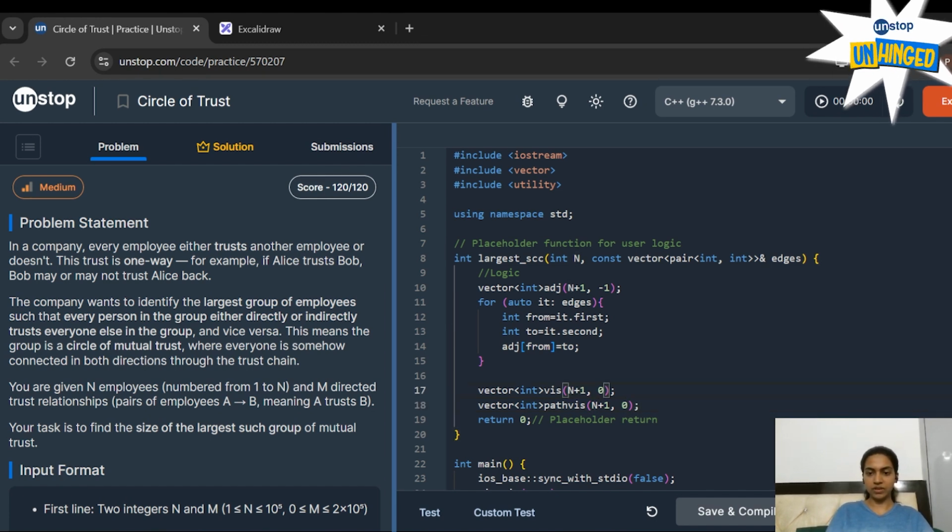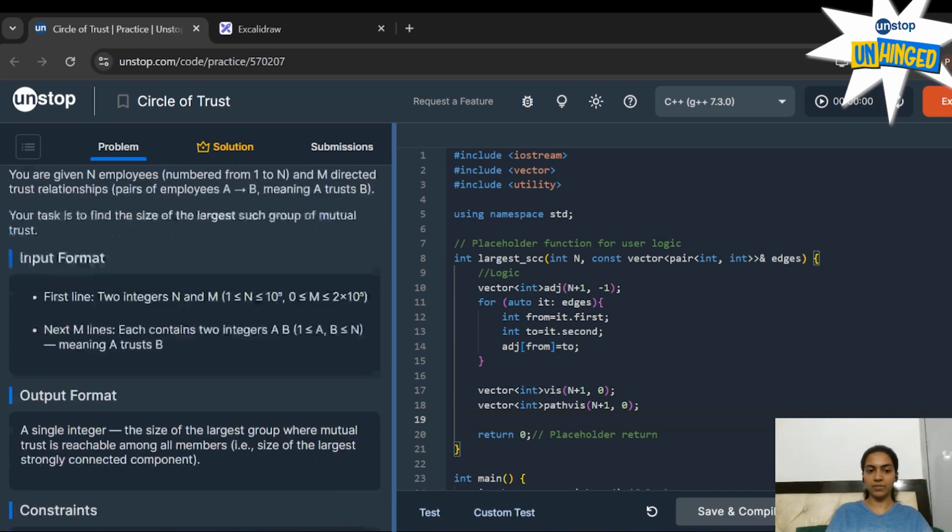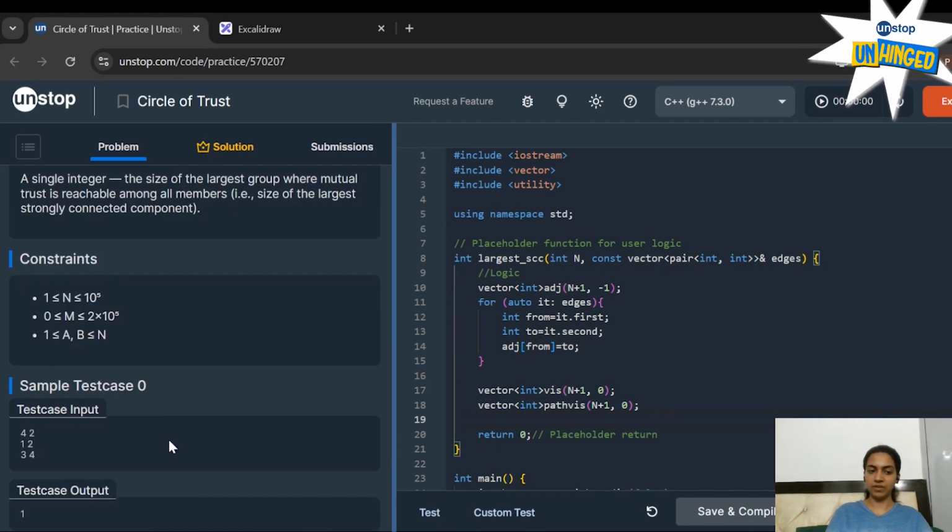So the role of visited is to check whether that employee has been visited or not. If it has been visited, we mark it as 1, else it is 0. And the role of path visited is to check whether that employee has been visited or not in that respective cycle. If it has been visited in that cycle, we mark it as 1, else we mark it as 0. And at the end, we use answer to store our value.